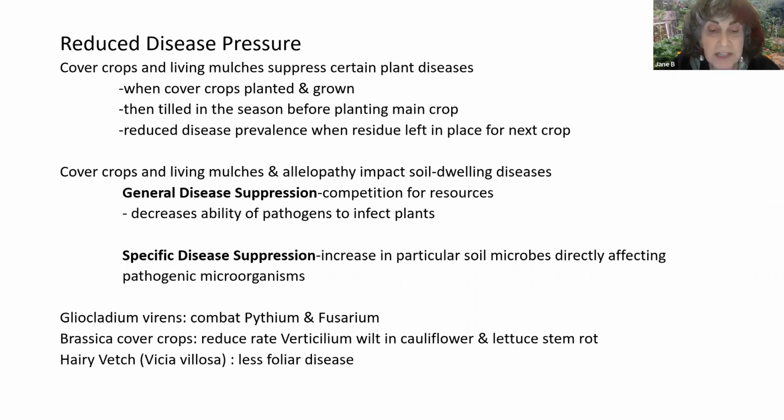This can be as general disease suppression, where competition for resources among microorganisms decreases the ability of pathogens to affect a plant. It can also occur as specific disease suppression, resulting from an increase in the particular soil microbes that directly affect pathogenic microorganisms. For example, several beneficial soil-dwelling fungi species are known to combat Pythium and Fusarium, such as